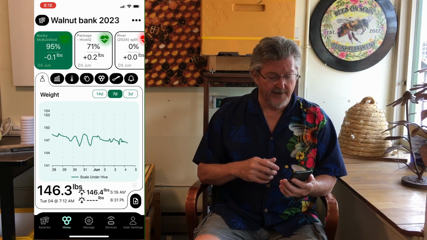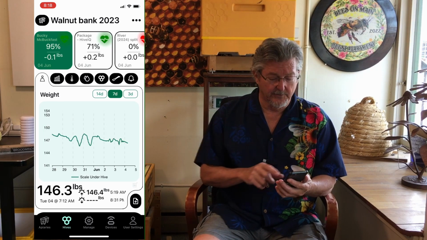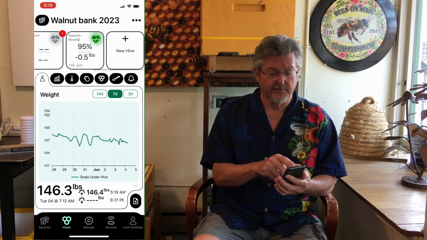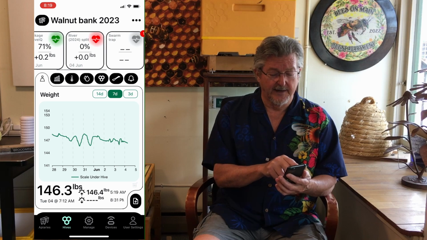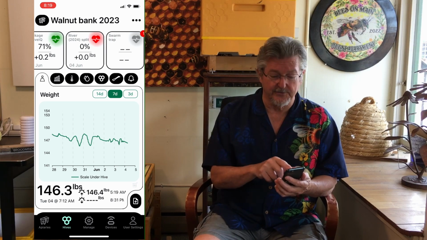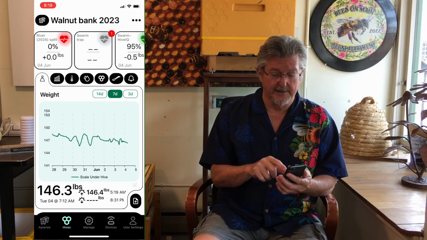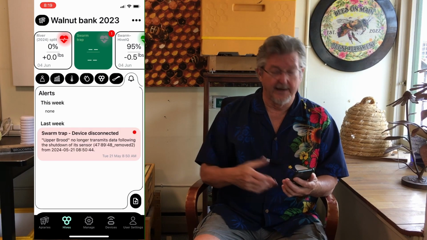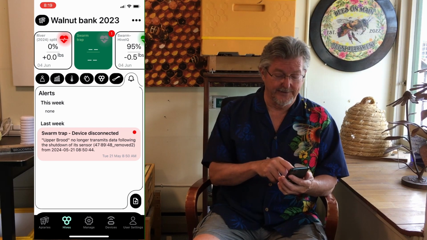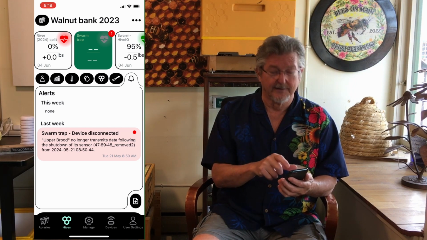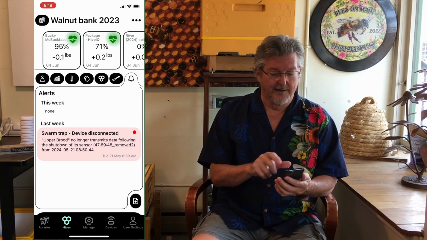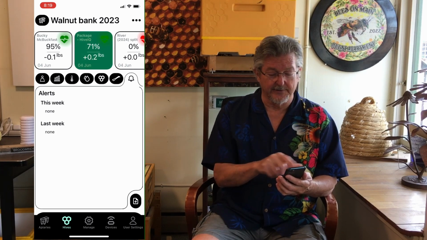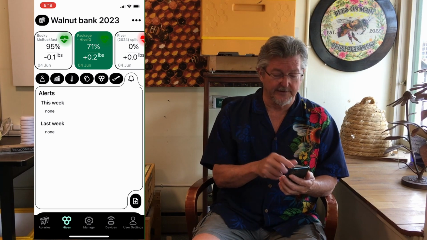And then if you go to the Hives tab, you'll be able to quickly see information on all your hives. At the top, you'll see the different hives that you have and a little heart to say whether they're in good or bad shape. The number 1 here at the top is saying that in my swarm trap I have an alert, and I disconnected it last week, so yes, it has been disconnected because I caught a swarm, by the way. Anyway, from this you can very quickly see what the health, the brood level is at the top,